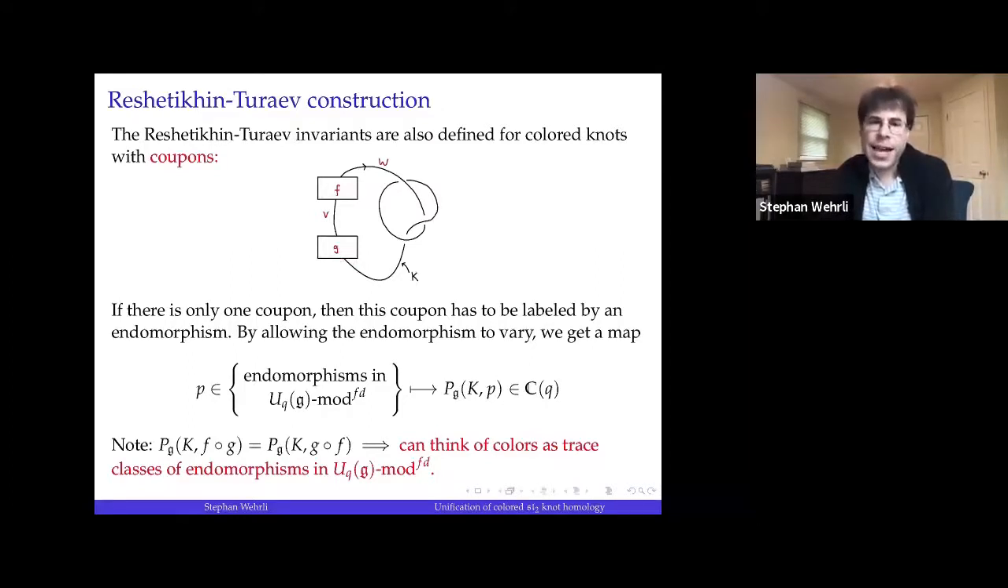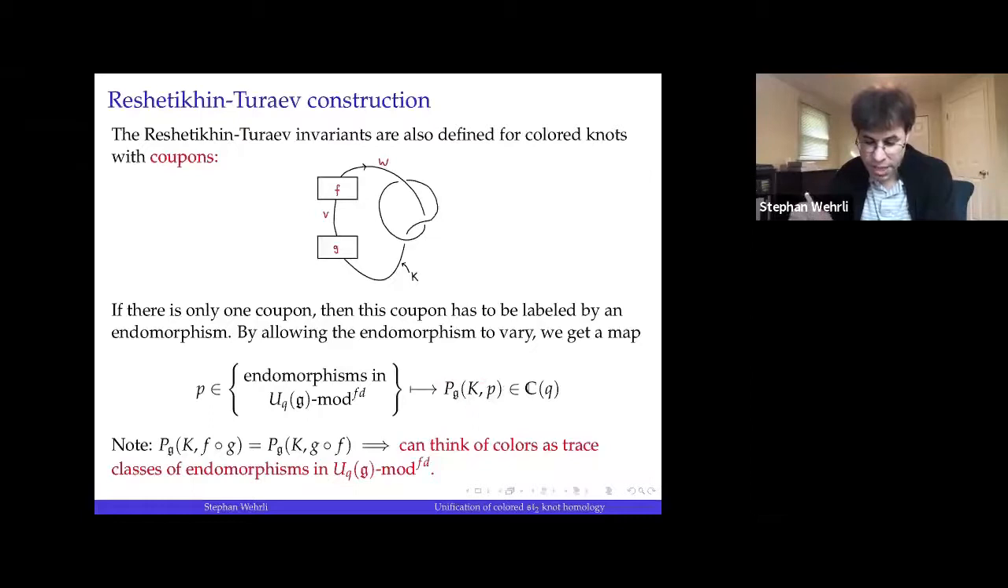Of course, you're not allowed to move two coupons past each other, but what you're allowed to do is, if two coupons touch each other, you can combine them. And also if a coupon is labeled by an identity morphism, you can just ignore it. And of course, if there's only one coupon, then there will be only one strand which just connects the top of the coupon to the bottom. And this strand will be labeled by some representation V. And so the morphism that sits in the coupon has to be an endomorphism of that representation. So basically for each endomorphism of a representation, you get some kind of